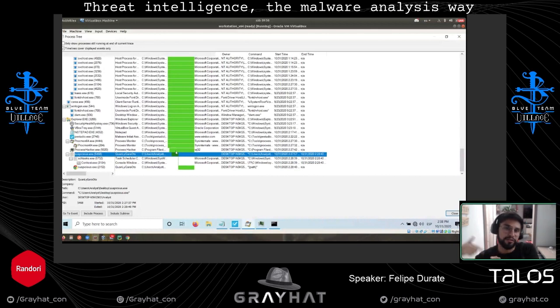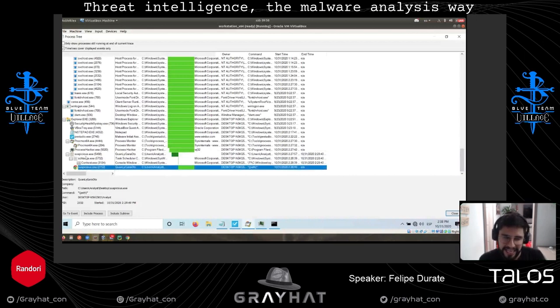That new process is the one that continues, and the previous one died. So this is very, very common in process injection. In this case, it's not so sophisticated because it injected code in the same binary. So it created a new instance of the same binary and then injected code there. But you will see that there is some malware that doesn't start the same process. It starts explorer.exe, it starts svchost, for example, so they can change that.